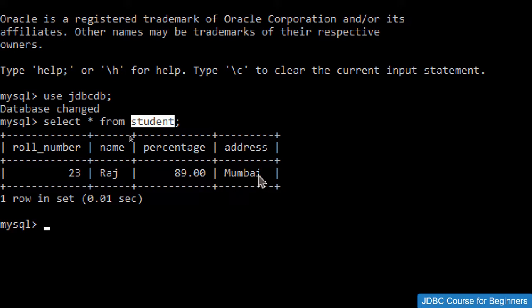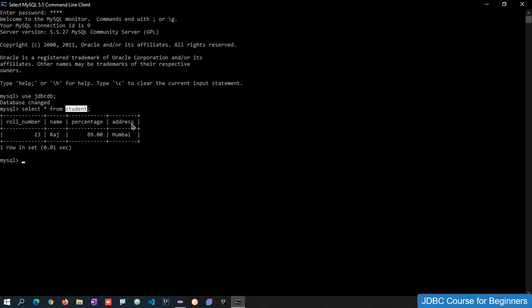So whenever we perform this kind of operation, that is insert, update and delete, the table structure or values inside the table get changed, and whenever the values inside the table get changed, we can say that we performed one transaction. So in simple words, whenever we are trying to perform an operation like insert, update and delete, and this kind of operation is changing the table structure or values inside the table, then that means we are trying to perform one transaction.